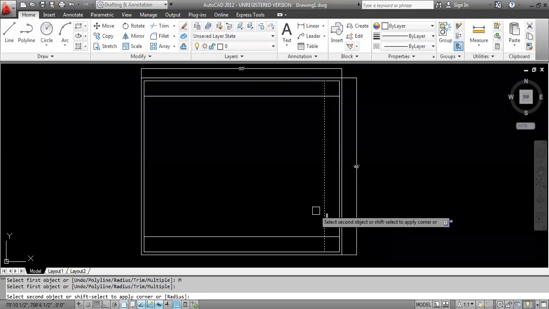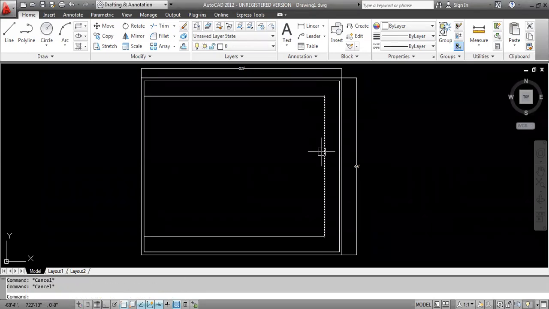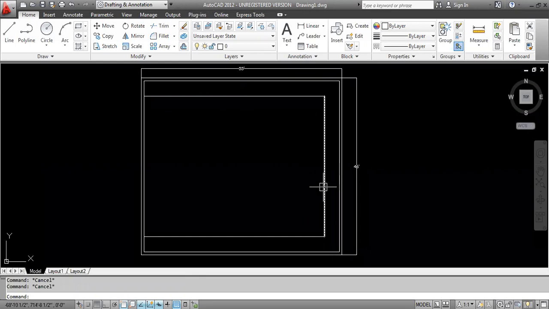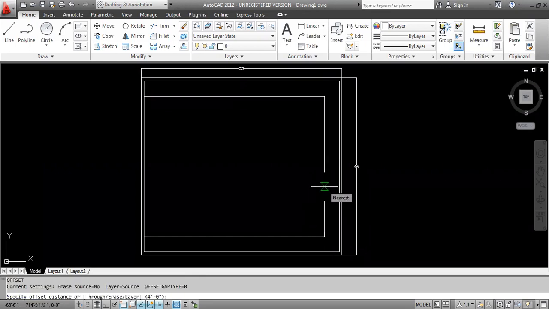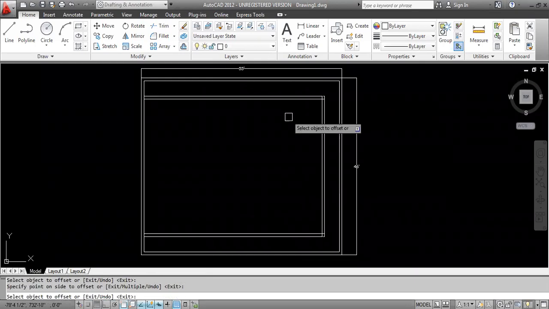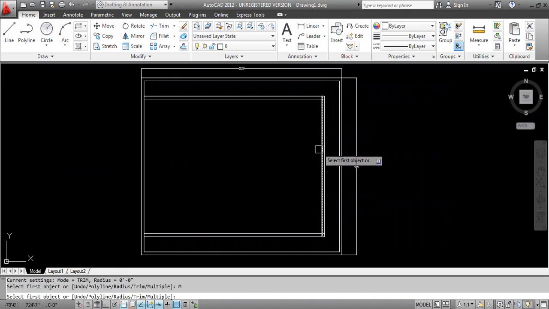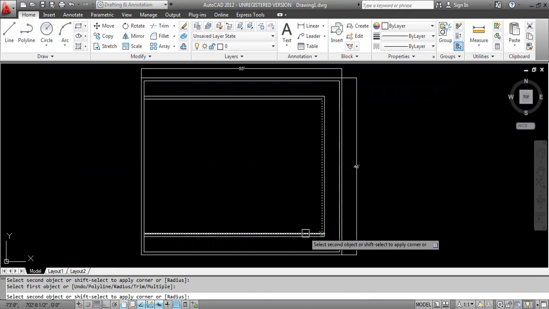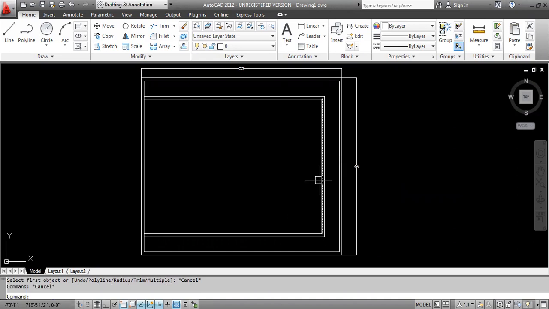Now the same outer wall size 9 inches. Split again. Offset. Now I am giving the room size, that is 11 feet.